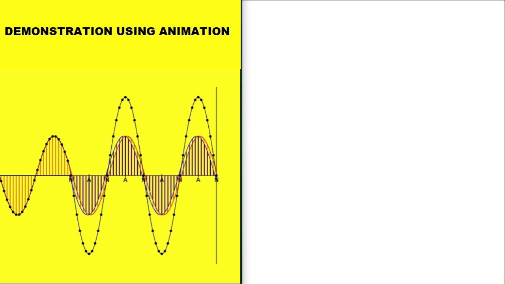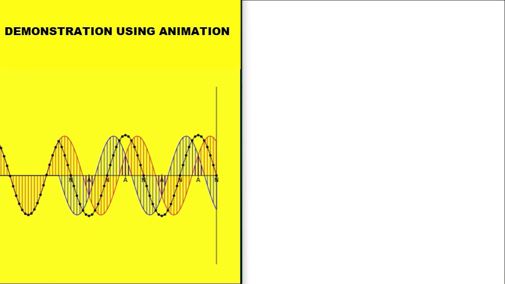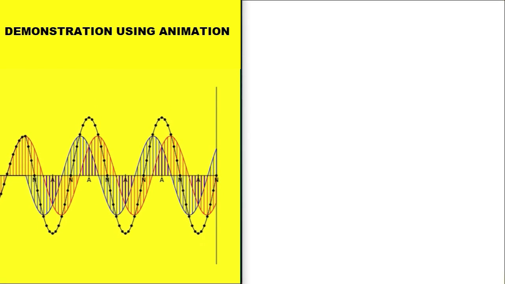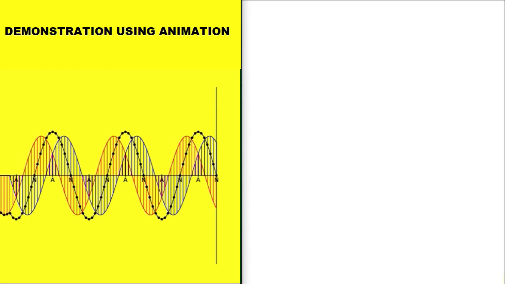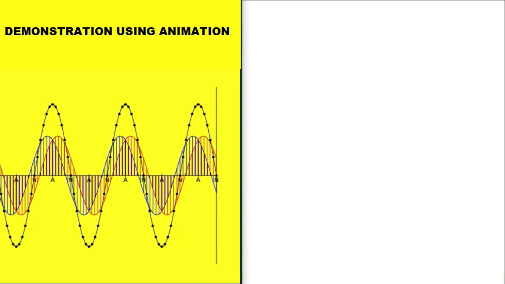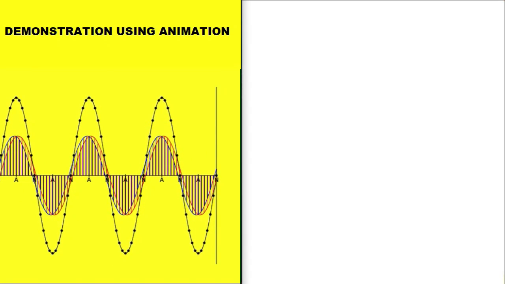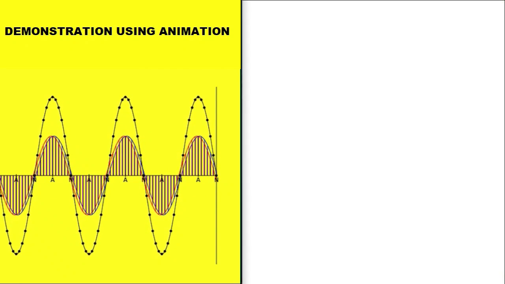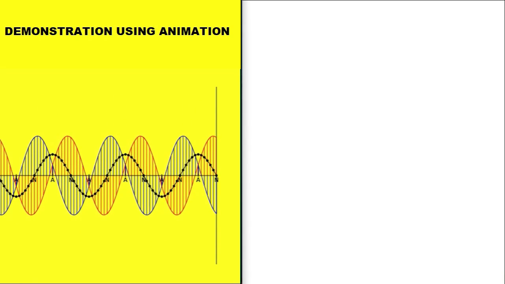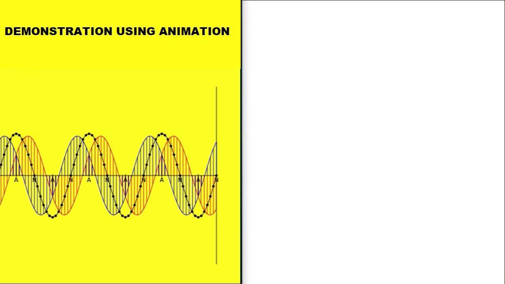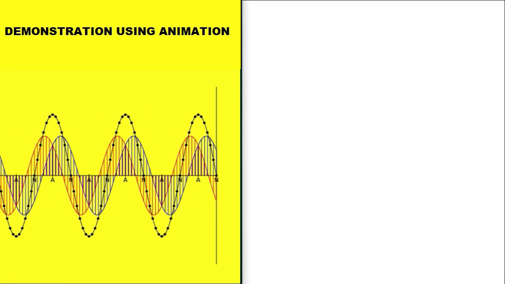Let us first watch it for some time, then I will start explaining it. See, when the two waves superpose with each other, a completely different kind of wave is produced. Why I am calling it completely different, I will explain after some time. Till then let us see the mathematical way. At the end we will gradually explain why this black wave is completely different from the other two waves.